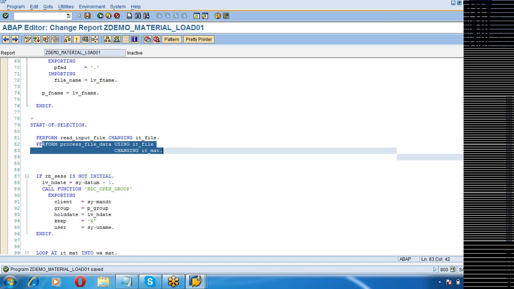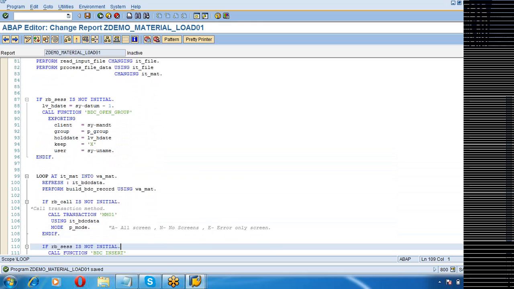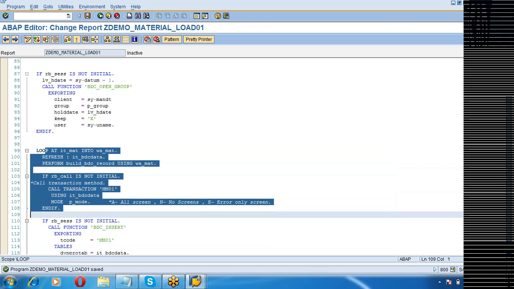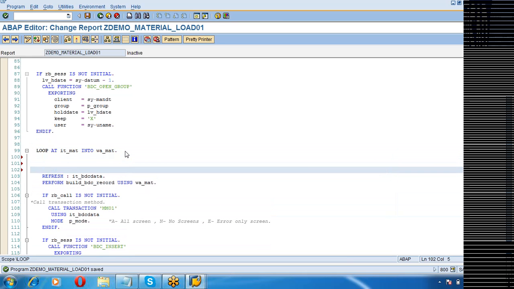So after process data, all the records that you want to process are in IT_MAT. Now I have to check one record at a time, or all the records have to be checked, and whichever record is having any error, I need to move those records so that those records are not processed. So anyhow there is a loop which is running, which is processing individual records. So in this loop we will